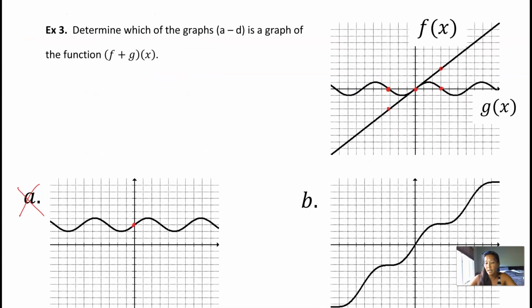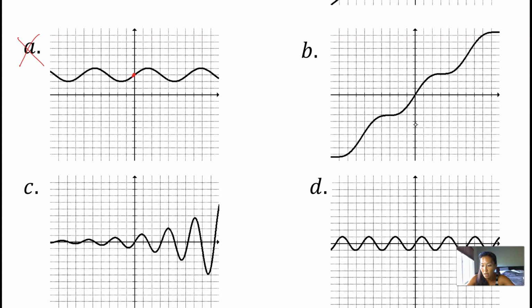Now I can look at the next dot, maybe this one on the right. So at x equaling 3, I have the outputs 3 and 0. And I add those together, I'm going to get 3. So which of these have an output of 3 at 3? 1, 2, 3. This one's there. This one does not look like it's there, so I can cross that one off. And this one also doesn't look like it's 1, 2, 3, 1, 2. Oh, a little bit too high. Right there. So I can cross that one off too,